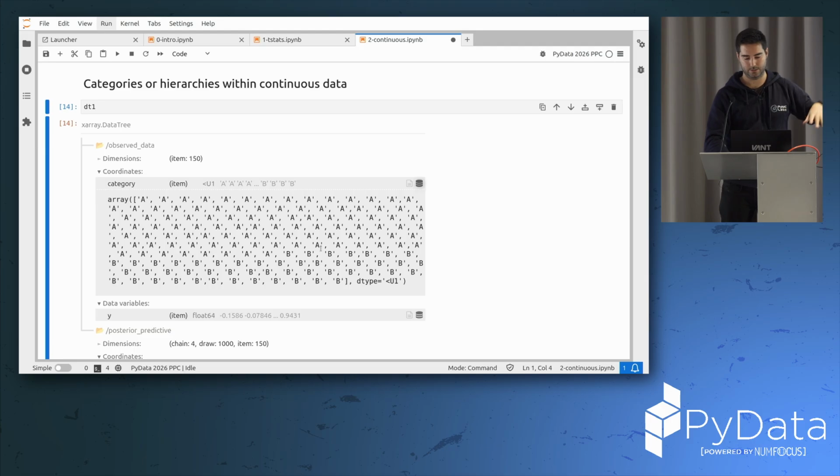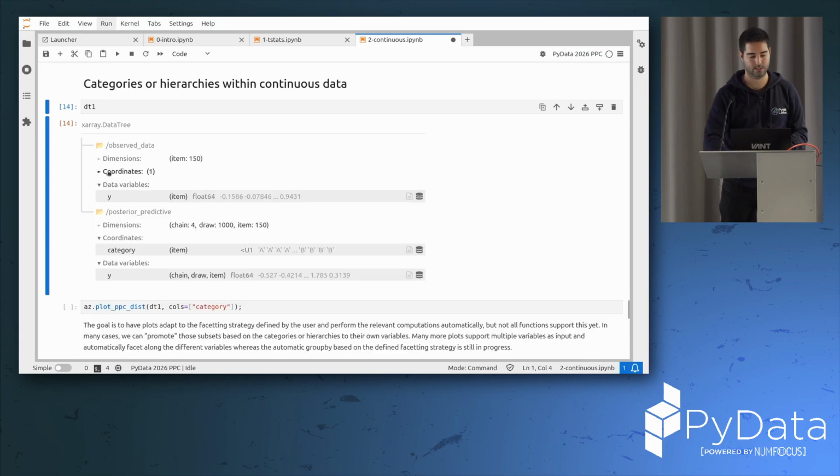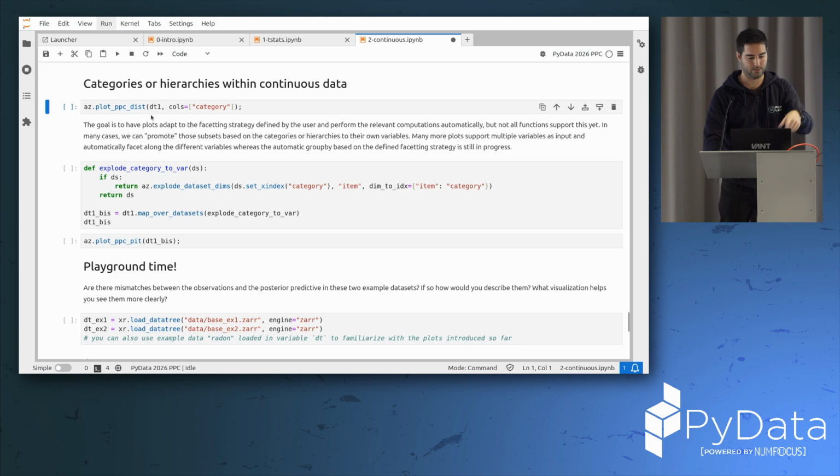In this case, they don't because this is an example, but they will. So we might want to check not only the global fit, but also the fit for each of these particular categories. So for plot PPC dist, this is one of the